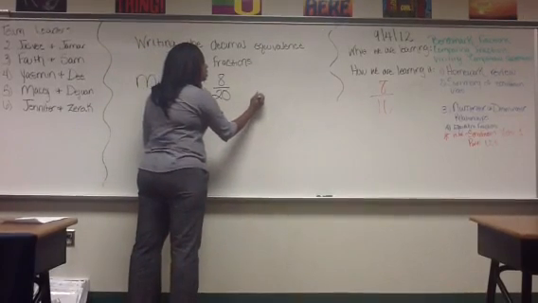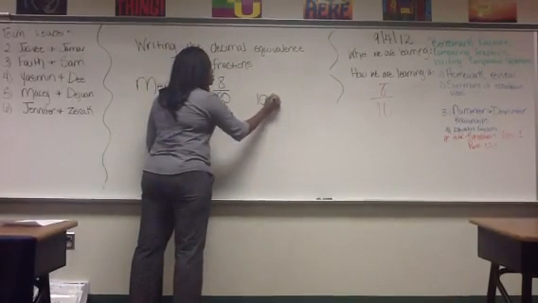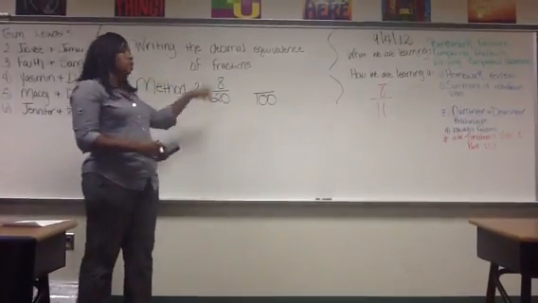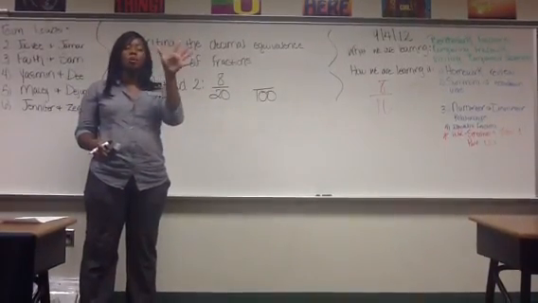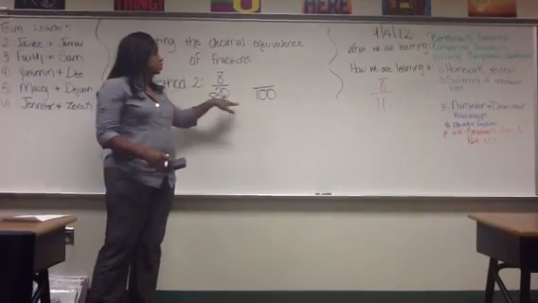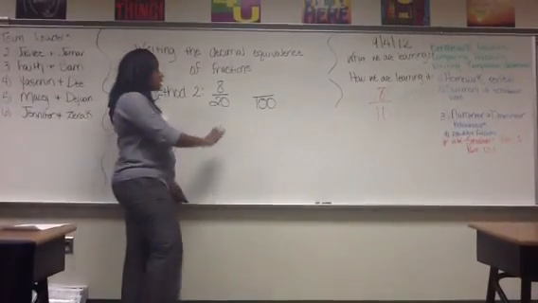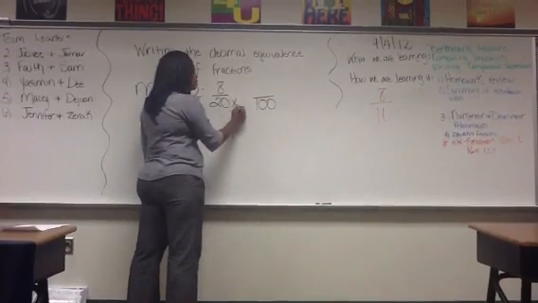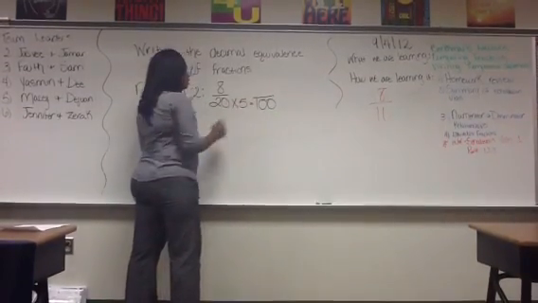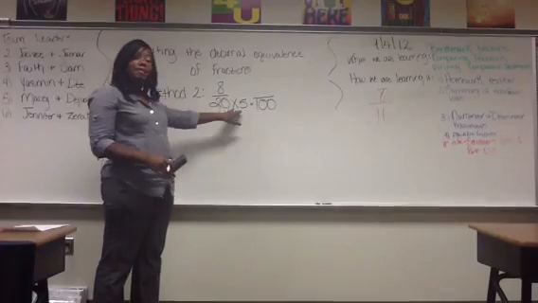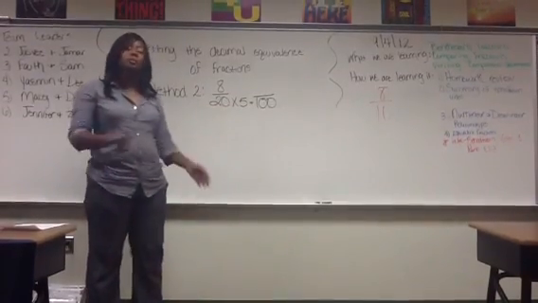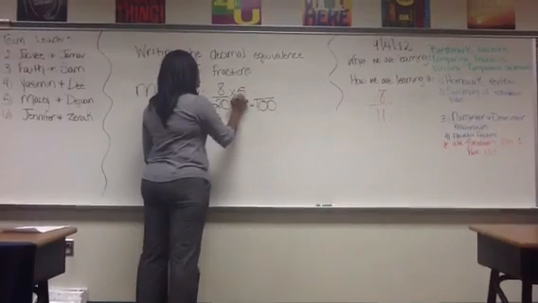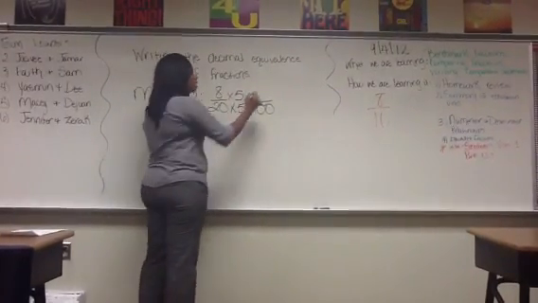I could change it to 100. Because I know if I count by 20, 40, 60, 80, 100, I know that 100 is a multiple of 20. So if you're thinking, how do you get from 20 to 100? If you're thinking multiply by 5, you're correct. And since I multiplied by 5 in the denominator, I always want to multiply by 5 in the numerator. 5 times 8 is